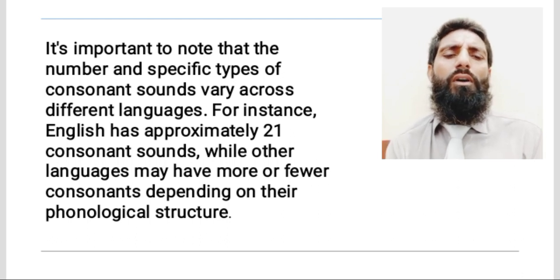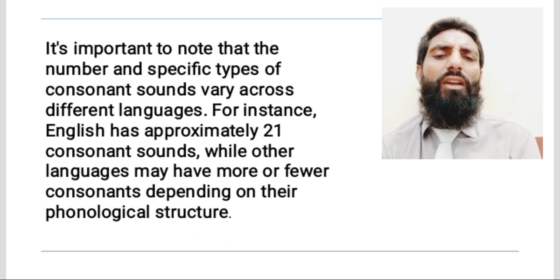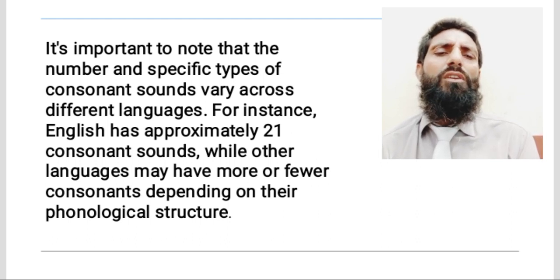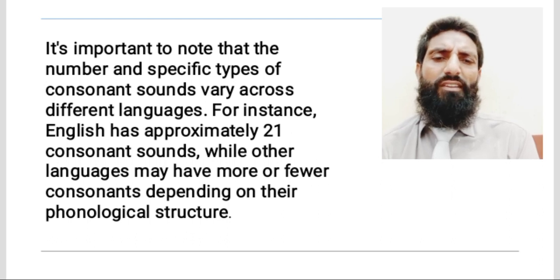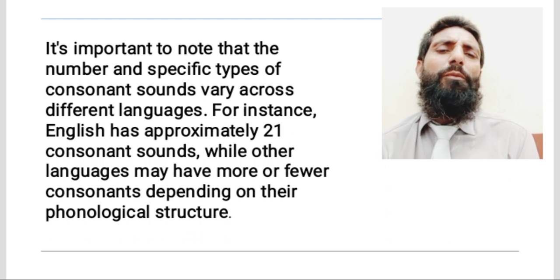So in English, there are approximately 21 consonant sounds on the basis of their phonological structures. Although there can also be some semi vowels, they function as vowels, but actually they are consonants. They just produce the sound of vowels in rhythm, in sky, in fly, in gym, and in myths. Basically, a myth is a set of wrong beliefs, and you are well familiar with the term gym,